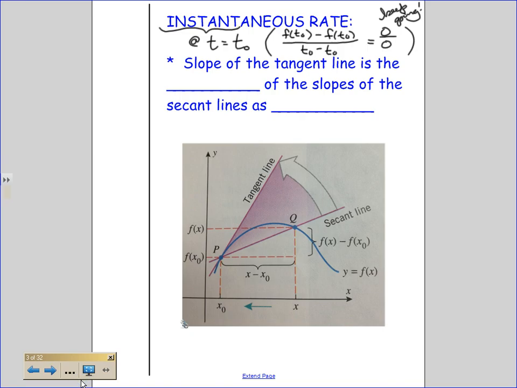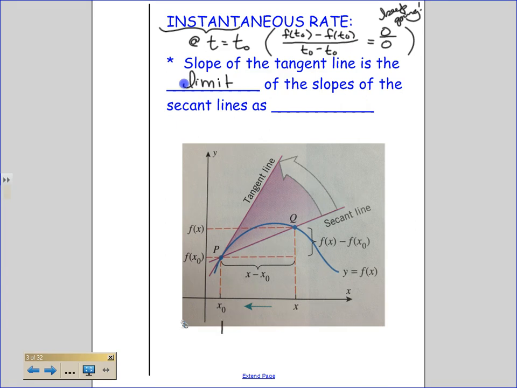I'm going to get closer and closer to my tangent line and thus converge to what the slope of the tangent line is. Let's fill in a couple of these blanks. The slope of the tangent line is, if I need to be approaching, it must be a, right, our keyword, the limit of the slopes of the secant lines as